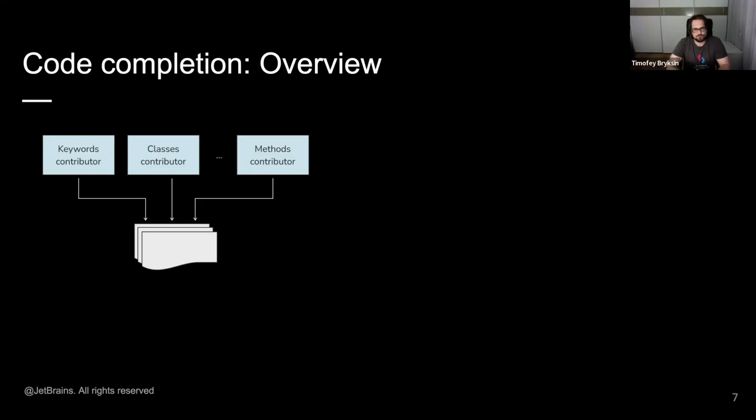The exact set of contributors differs between languages, and each IDE may break this down in its own way. In the worst case, no suggestions at all may be available, but that happens pretty rarely. On the other hand, most of the time we get too many suggestions. So if we have maybe 800 suggestions, then we have to select the most relevant of them and construct the initial list that pops up.